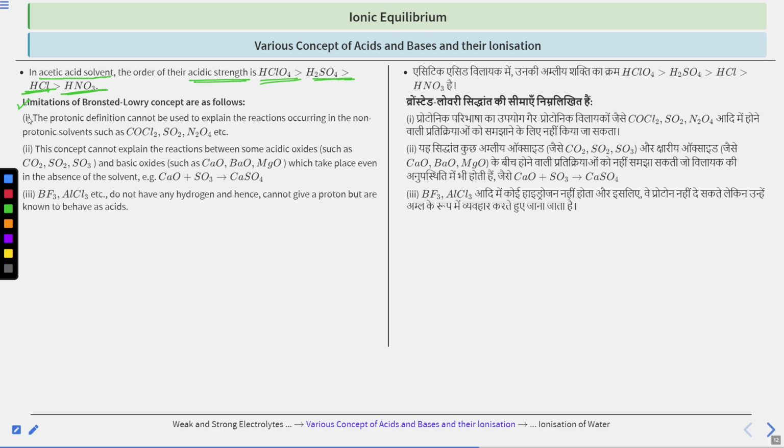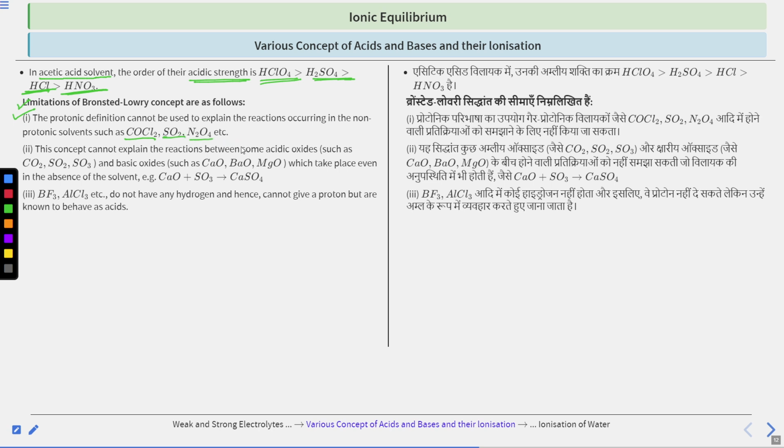So there are also limitations to the Bronsted-Lowry concept. So what are these? First one, the protonic definition cannot be used to explain the reactions occurring in a non-protonic solvent, right? Similarly, as we saw in the previous theory, the Arrhenius theory doesn't explain the nature of bases and acids which don't contain any H positive and OH minus. Similarly, in the Bronsted-Lowry concept, the protonic definition cannot be used to explain the nature of a non-protic solvent like COCl2,